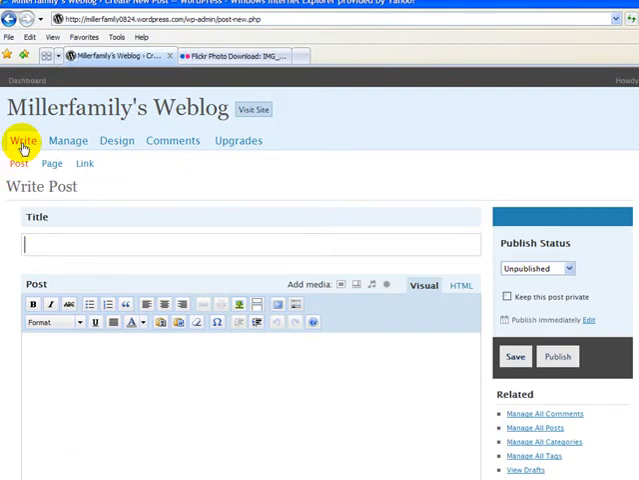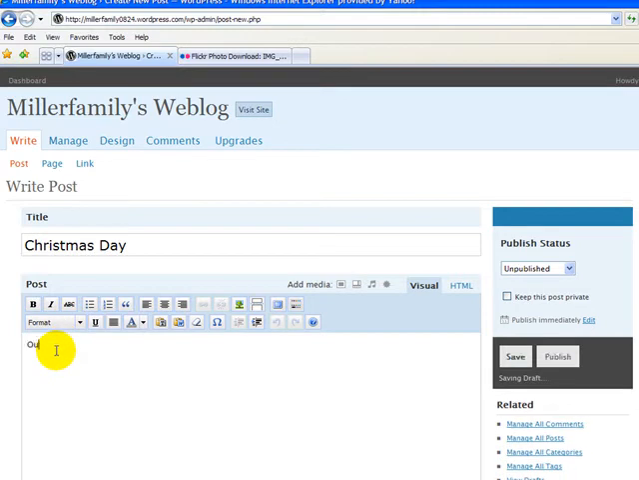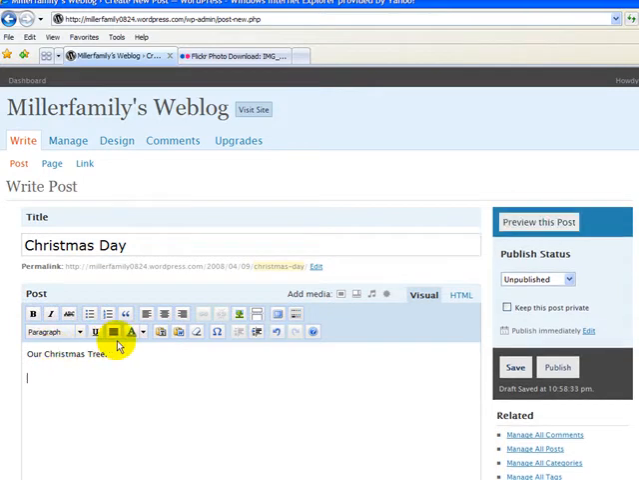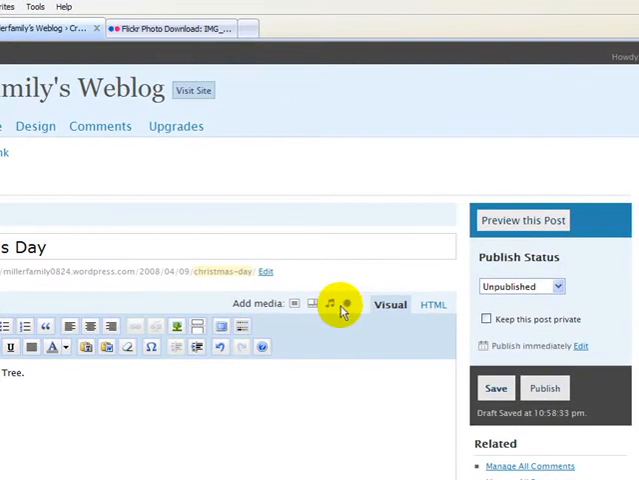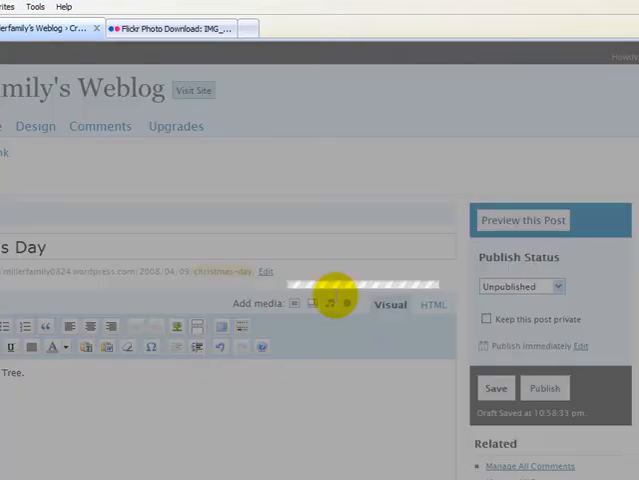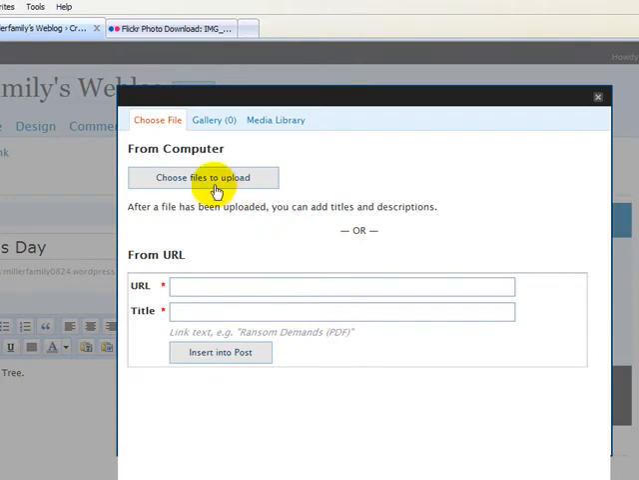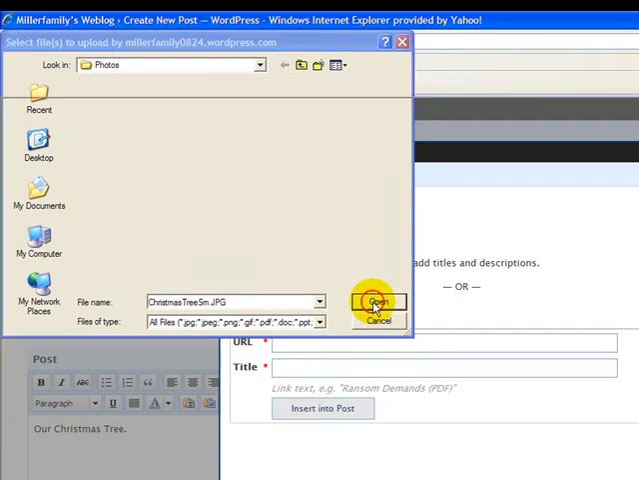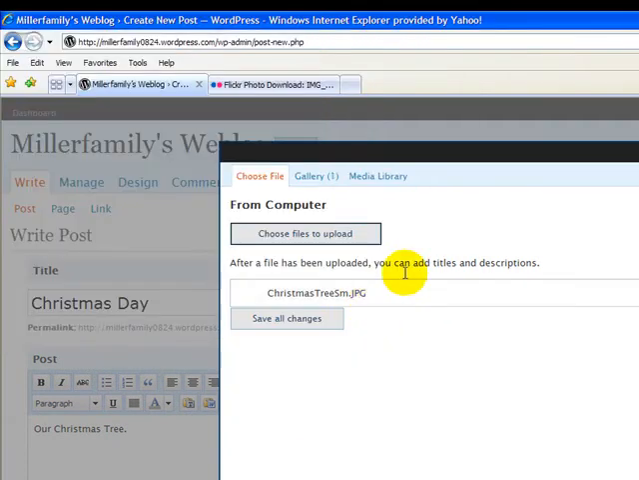So let's go into write, and we're going to go Christmas Day this time. Let's get into our editing box, our Christmas tree. Okay. Now we're going to go over here to where it says add media, and this is where we actually add media to our WordPress server. So we're going to choose the file to upload, and I'm going to choose our Christmas tree photo here. Let's go ahead and open that,